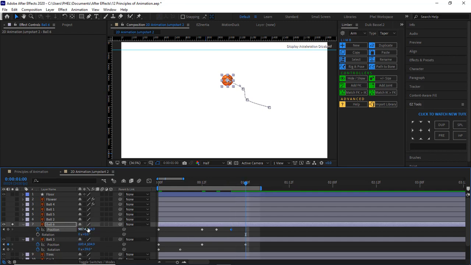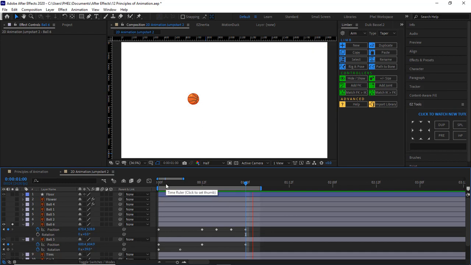Then you go to the end and you say you want this ball to come down, move like this. Okay, so if you play this back again, you see,